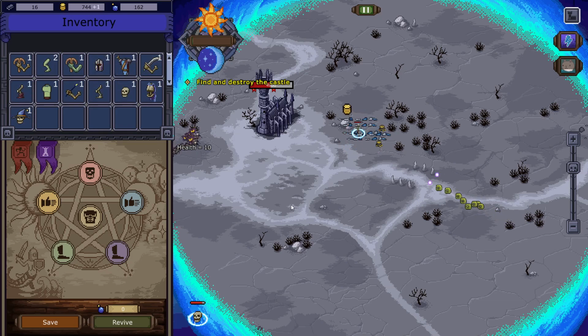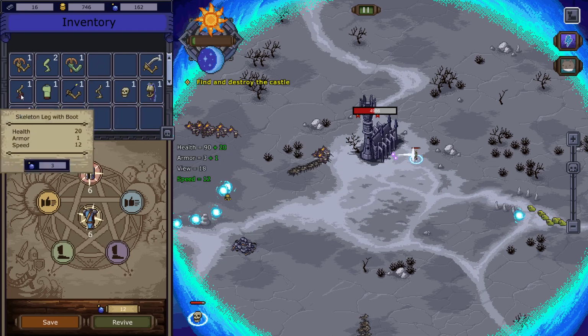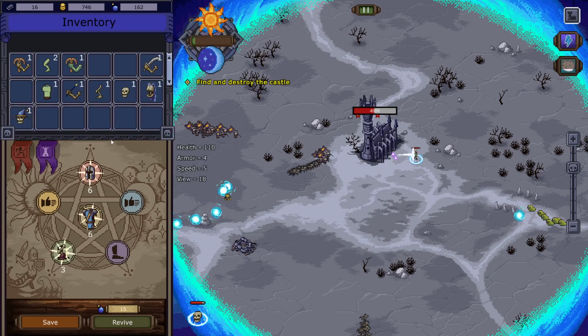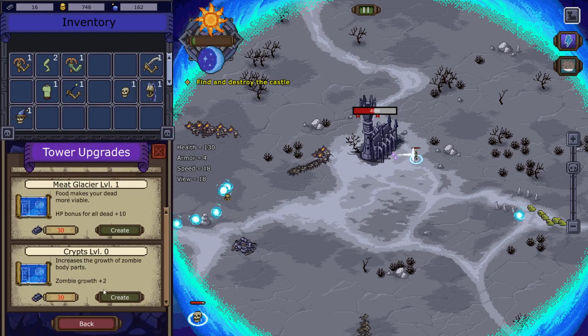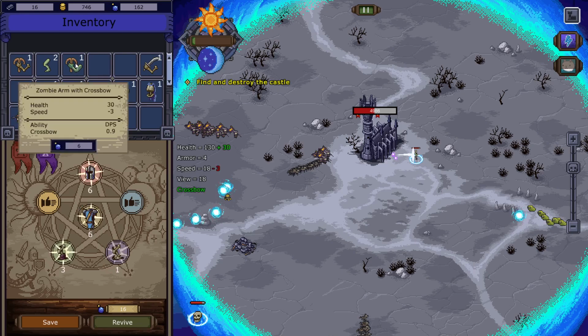It is kind of cool that certain units will drop loot, i.e. body parts. So we get that from the blue dudes. Maybe I just wasn't paying attention in my last playthrough. Maybe I killed those dudes, because I did get these parts, but I thought it was more the function of these crypts upgrading our soldiers. So I'm not quite sure how the crypts work, but...